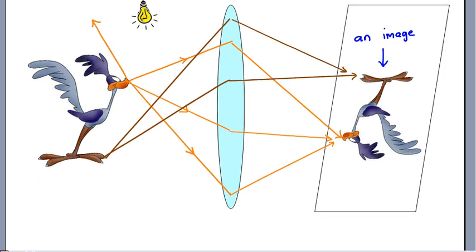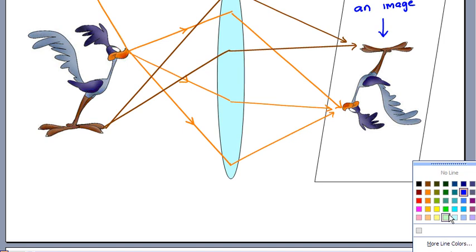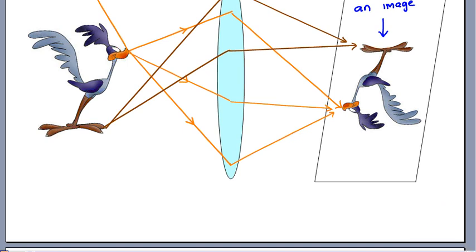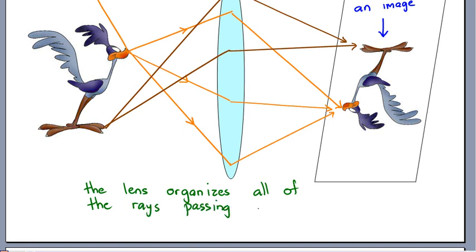Final thing I'm just going to add to the bottom of this just to finish this lesson off. I guess what we've got here, it's through Snell's law, right? A little double bend because of Snell's law. We're actually seeing the lens organizes all of the rays passing through it. And it redirects each one of them to exactly the right spot on the paper so you can see an